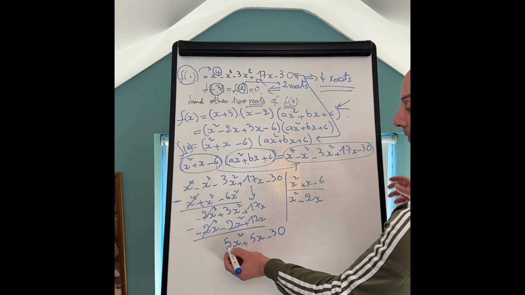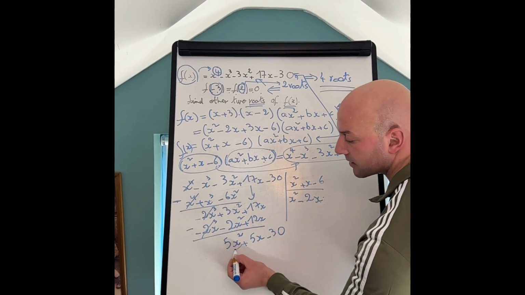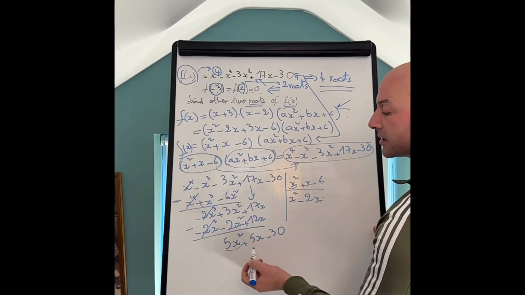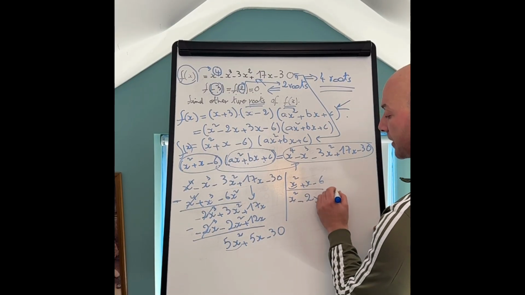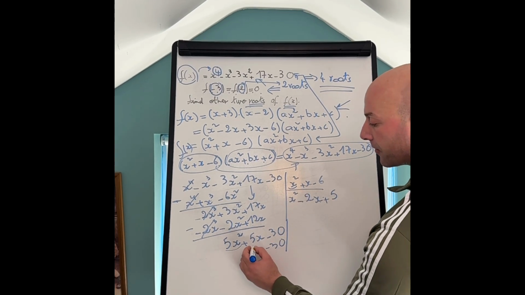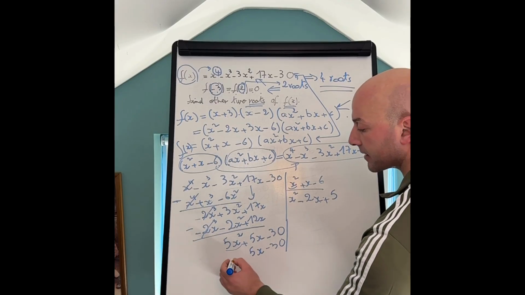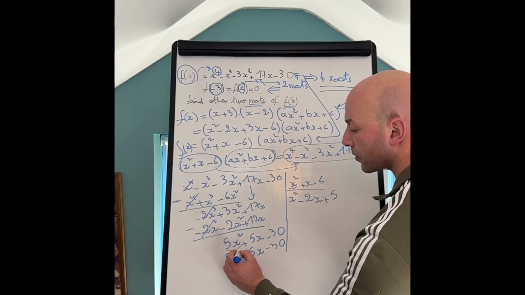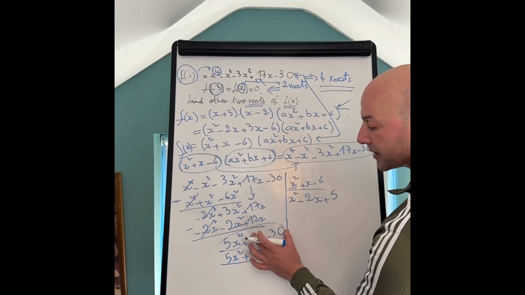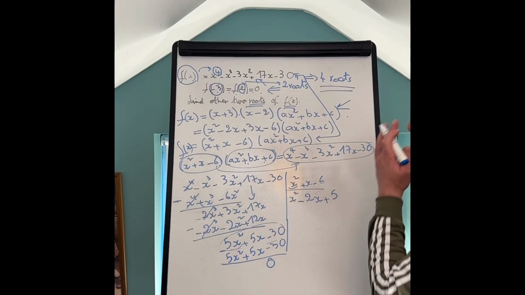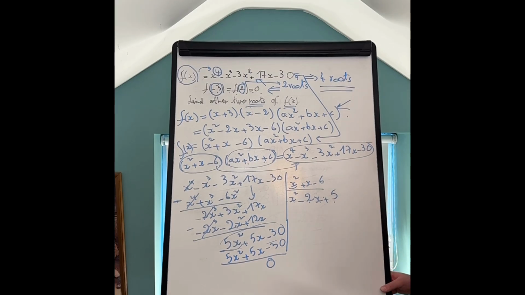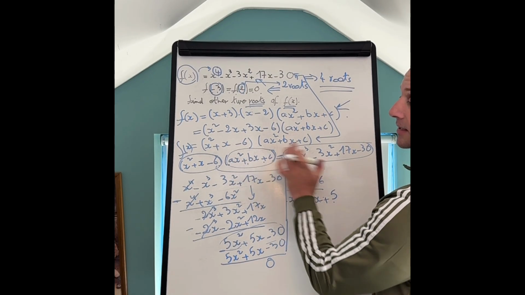And then we've got here 5x squared. I just have to divide the first factor, x squared. This is the basics of maths; hopefully you know how to do this division. 5x squared divided by x squared is going to be plus 5. 5 times minus 6 is minus 30. 5 times x is 5x, and 5 times x squared is plus 5x squared. We subtract, and it's the same second degree, same factors, so we're going to have 0. Then we found our a, b, c: a is 1, b is minus 2, and c is 5. All we have to do now, since we found our second degree function here,